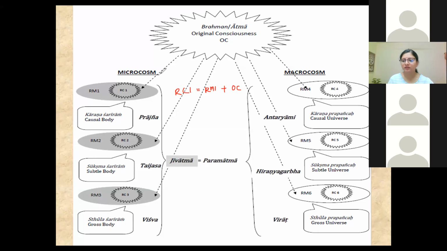Yes. Meda, so when everything is RC and then we have an RM, why are we separating into microcosm and macrocosm? Because I see that I am part of the macrocosm. I am an individual, so why are we separating it? Because Sthula Prapancha, I am part of Prapancha. Prapancha is me. When we talk about the micro, it is even the tree, even the stone, everything, right? Everything is RC, correct.